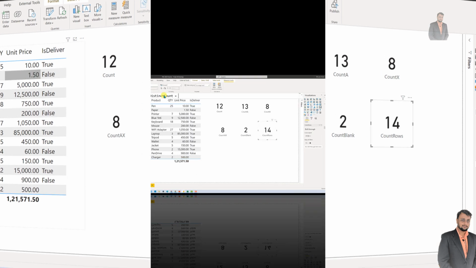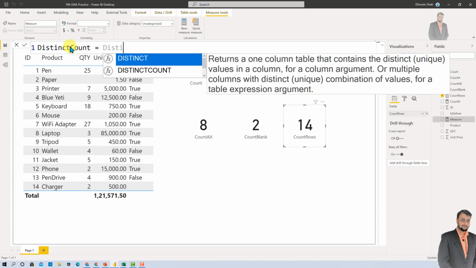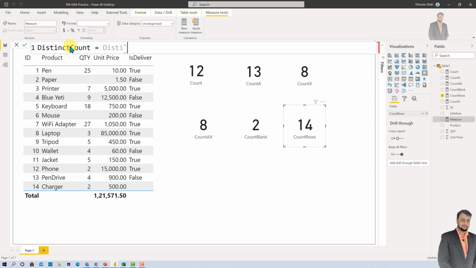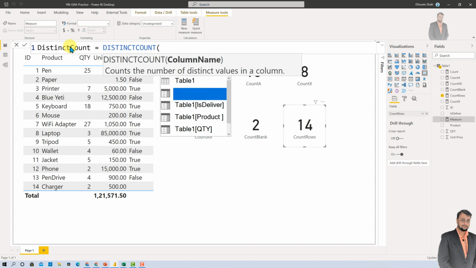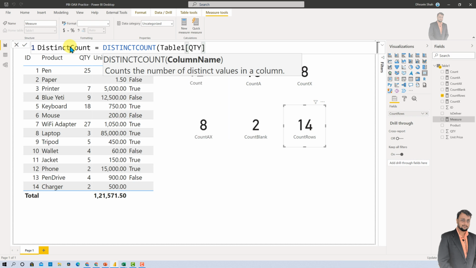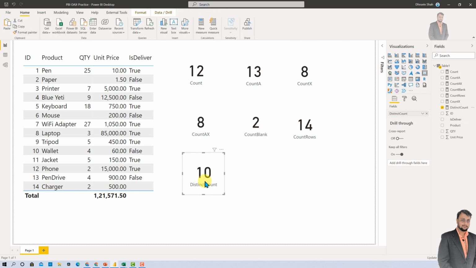For that you need to use the function DISTINCTCOUNT, and inside that you need to provide your column. I just provided the quantity column, and let's see the output. And here we are. I am getting 10 as the count.